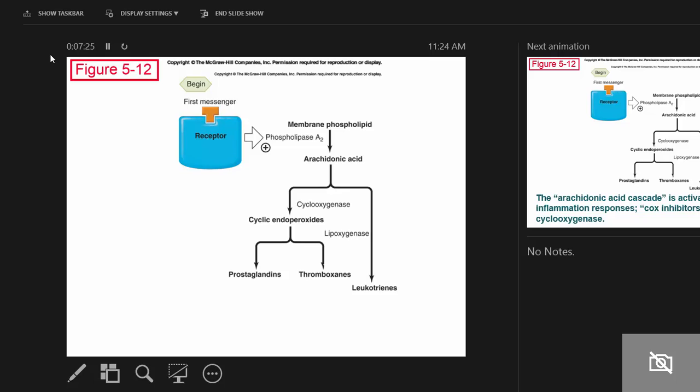Now, the interesting thing about eicosanoids is they're highly affected by fatty acids. Whatever the first messenger is here, there are lots of first messengers that can come in here, including aspirin. And aspirin actually does some really good things to this pathway. So aspirin will cause this process to occur, the production of arachidonic acid. Arachidonic acid is a signaling molecule that is